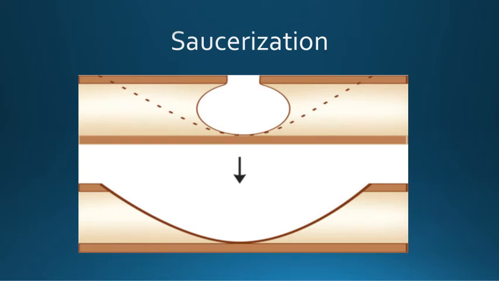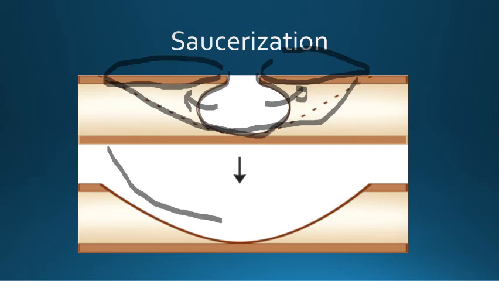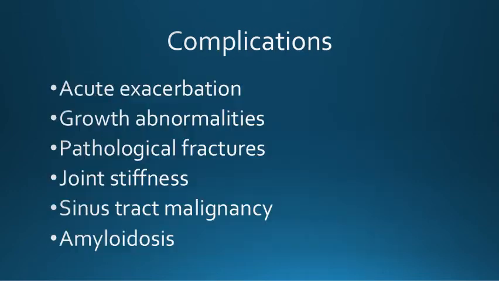So this is saucerization. This is your cloaca, this is the cavity of the infection. What we do is we remove the normal piece of cortex on both ends so that we can see the whole of the cavity, so that whatever infection has spread on this part can be removed, and here also whatever has spread in the marrow can be removed.